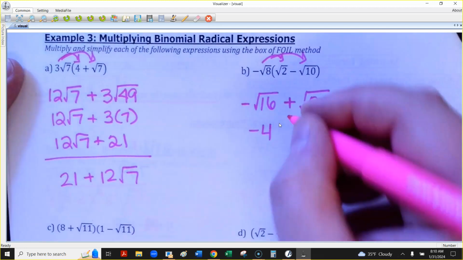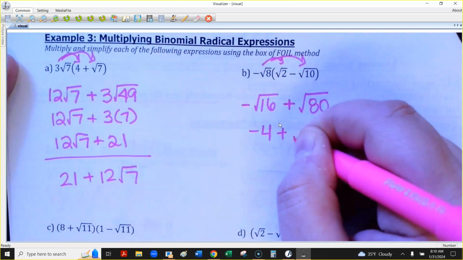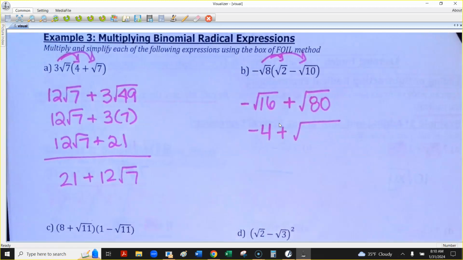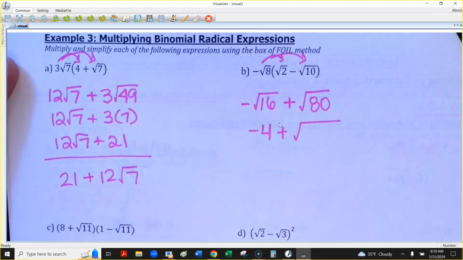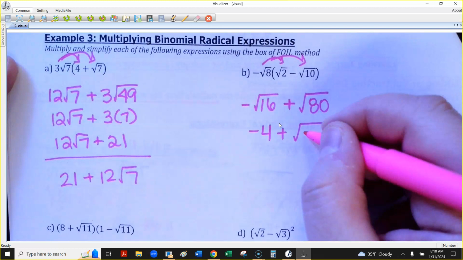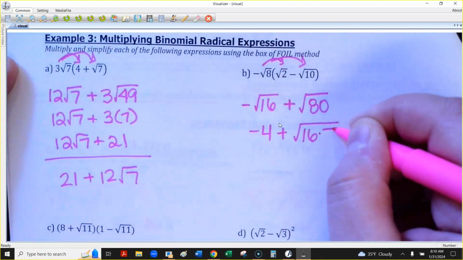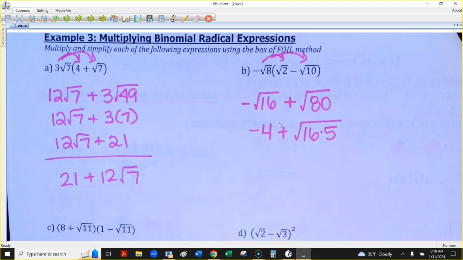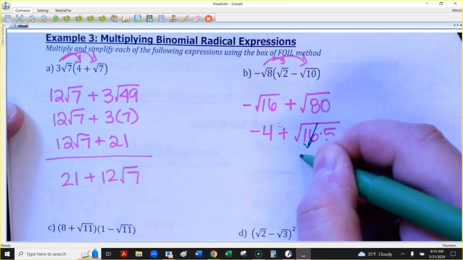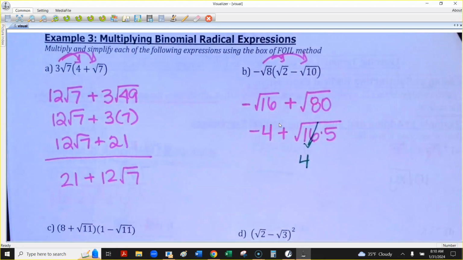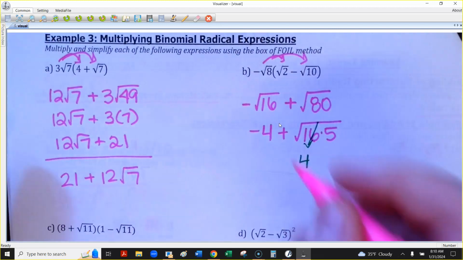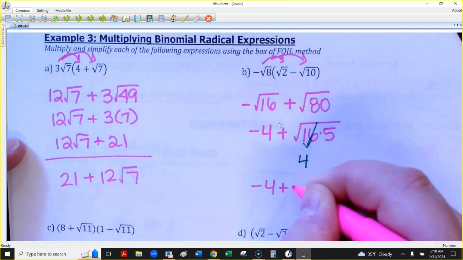And then I think we had an 80 on the front, actually. Sorry to repeat that, but if you can break the radical down, you want to do that. So the biggest perfect square that goes into 80 is 16. It's 16 times 5. So I'm just simplifying this a little bit. Pull the perfect square out, so I'd pull a 4 out in front, and then we'd have -4 plus 4